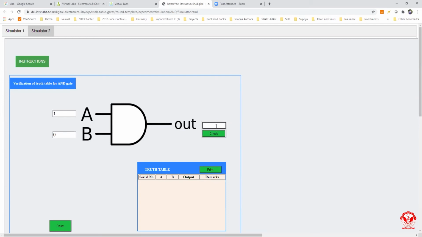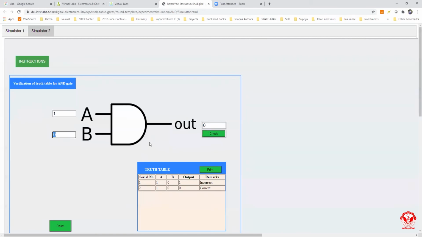What you'll do is insert a value based on your understanding. Say, for example, I do not know what the output is. If I place 1, although it should not be a correct value, and I check, this is incorrect. That has been shown here. To correct myself, I have to place 0 based on this. And then I recheck. Of course, this is now correct.